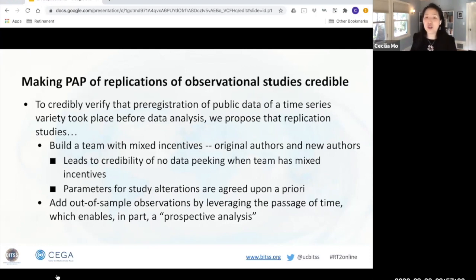So if I'm really interested in elections, I might want to pre-register something now before the 2020 results come in, right? Because that's a new observation for this data set that's important if I'm studying things like elections and voter outcomes,